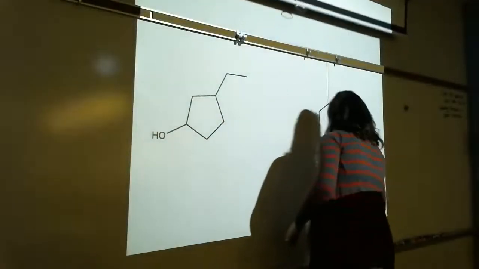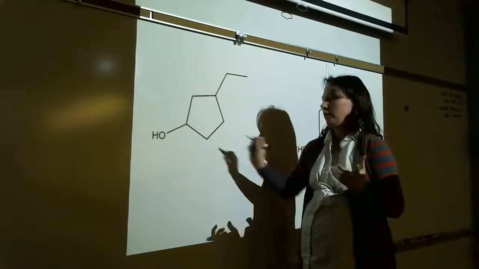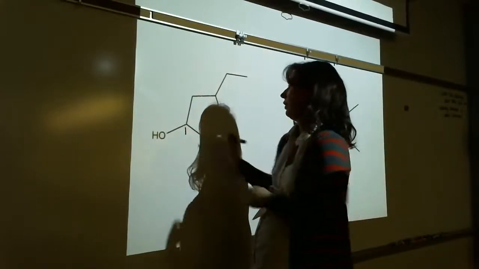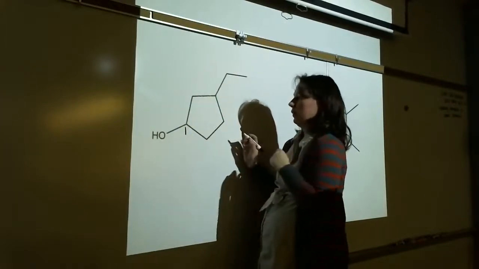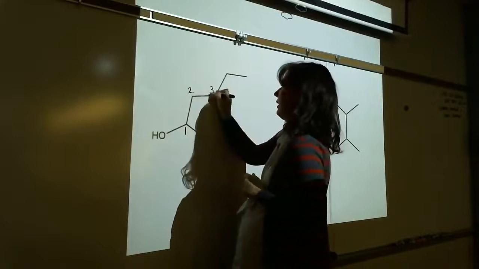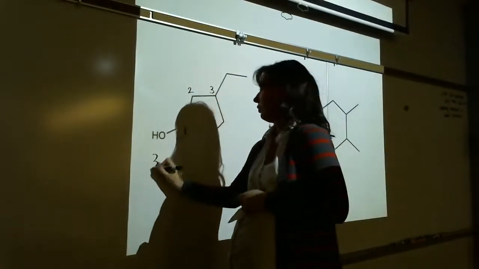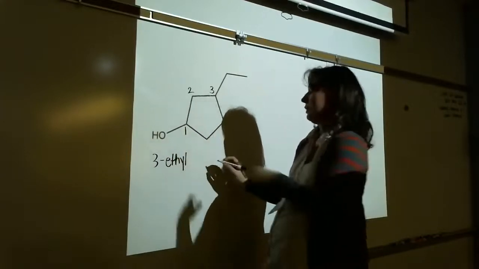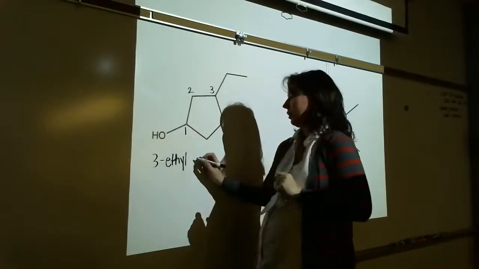So, carbon number 1 is here, right? And now we just need to decide which direction we're going to number. Are we going to number clockwise or counterclockwise? Right, clockwise. 1, 2, 3. So the name of this would be what? 3-ethyl. Now, do you need the 1? No, because it's by default number 1. So 3-ethyl